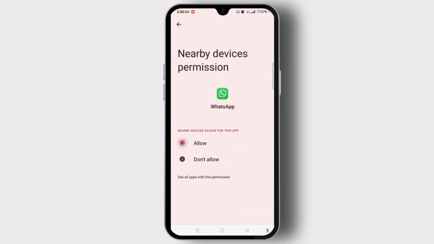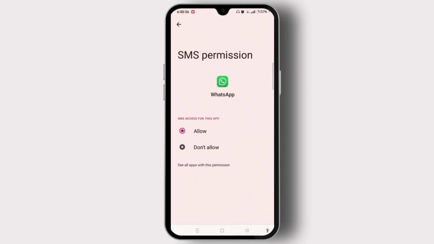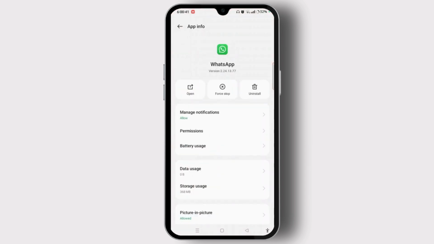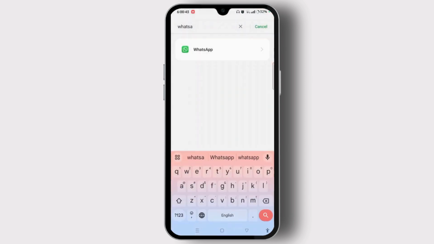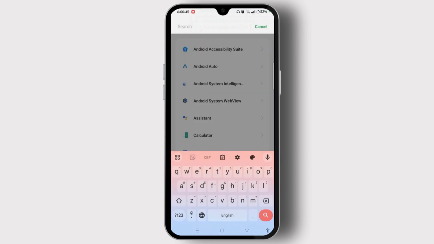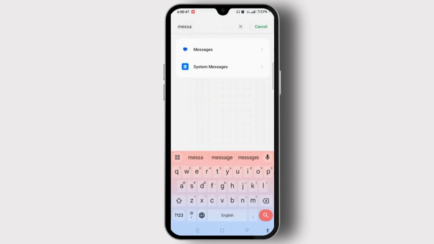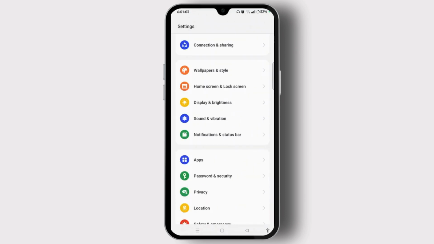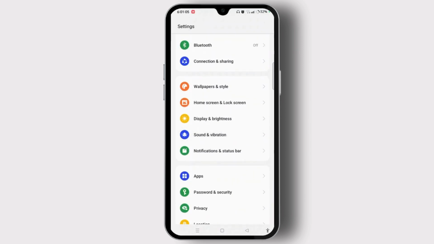Once you have finished doing all of this, then you need to exit from this app permission page of WhatsApp and exit the app info page of WhatsApp as well. Cross this and search for messages as well. Open it. And then what you need to do here is on the settings page, you need to tap on sound and